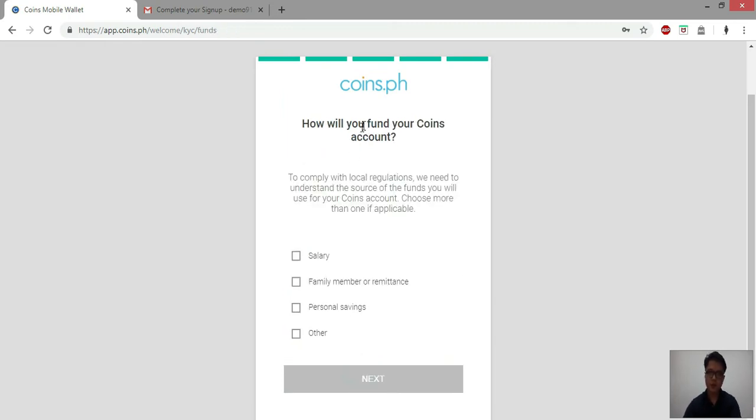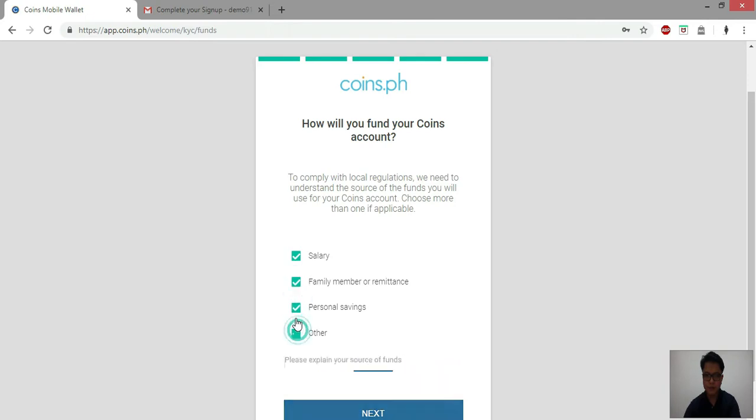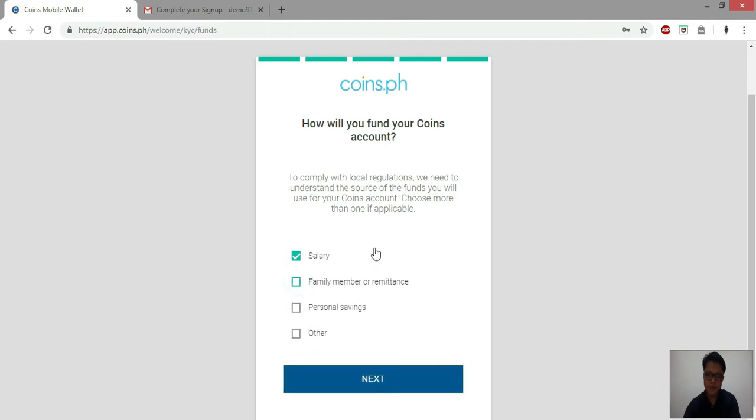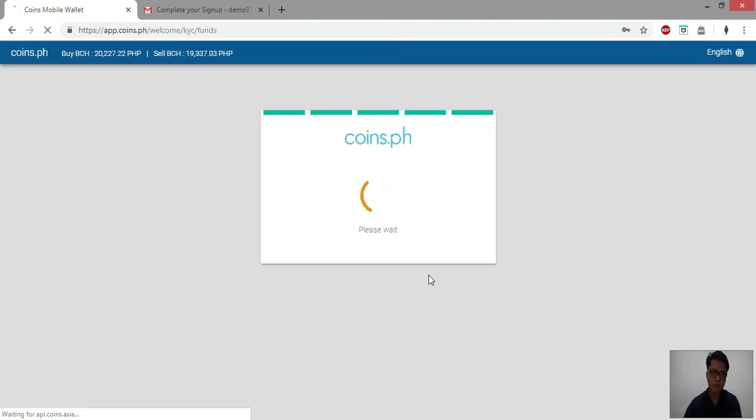And this one, how will you fund your coins account? So here, these are check boxes. You can check multiple of these at the same time, or just in this case I will select salary only. Alright,